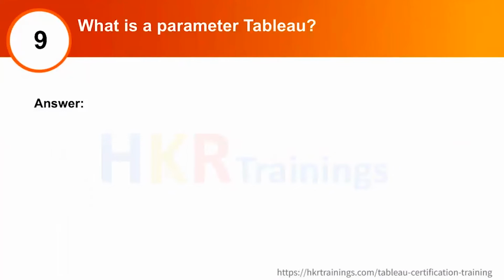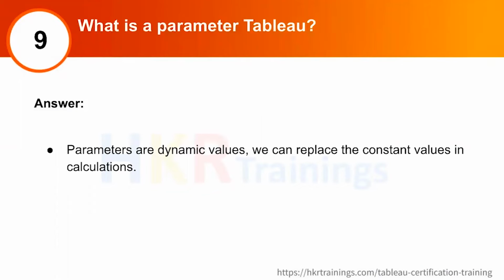Okay, what are parameters? Parameters are nothing but dynamic values. Suppose you have something in the database, suppose x is equal to 4, y is equal to 6. They are pre-built in the data and will show accordingly. But suppose you want user input in the dashboard. You want the top n numbers. Suppose the user will type 5, the user can type 6, the user can type 7. So it's just a dynamic value. We can replace it with any constant in calculations over Tableau.